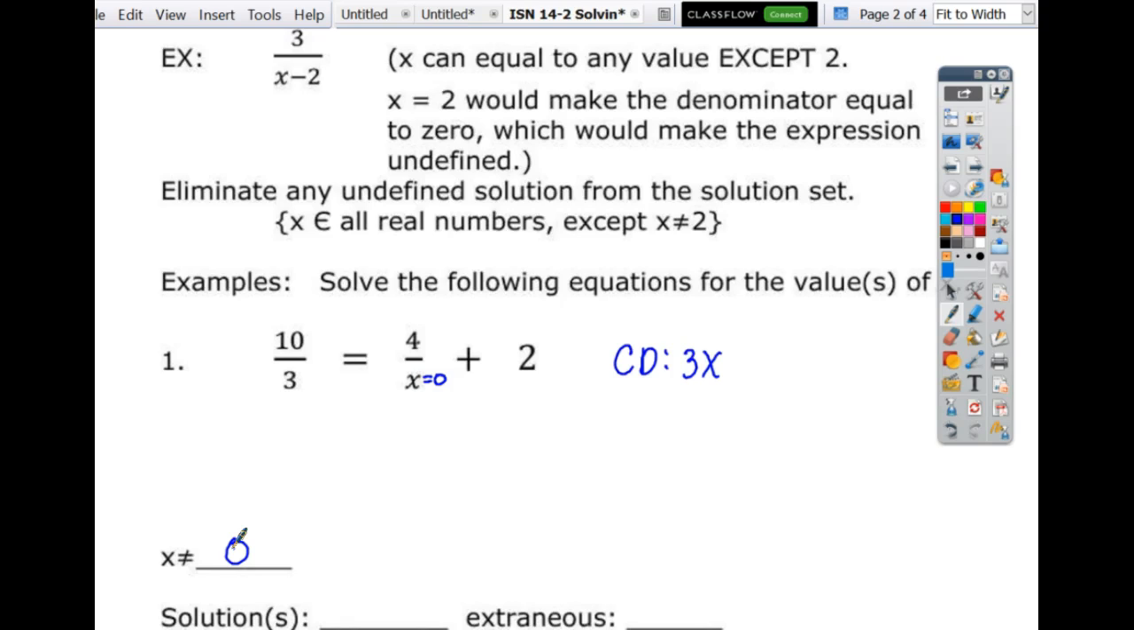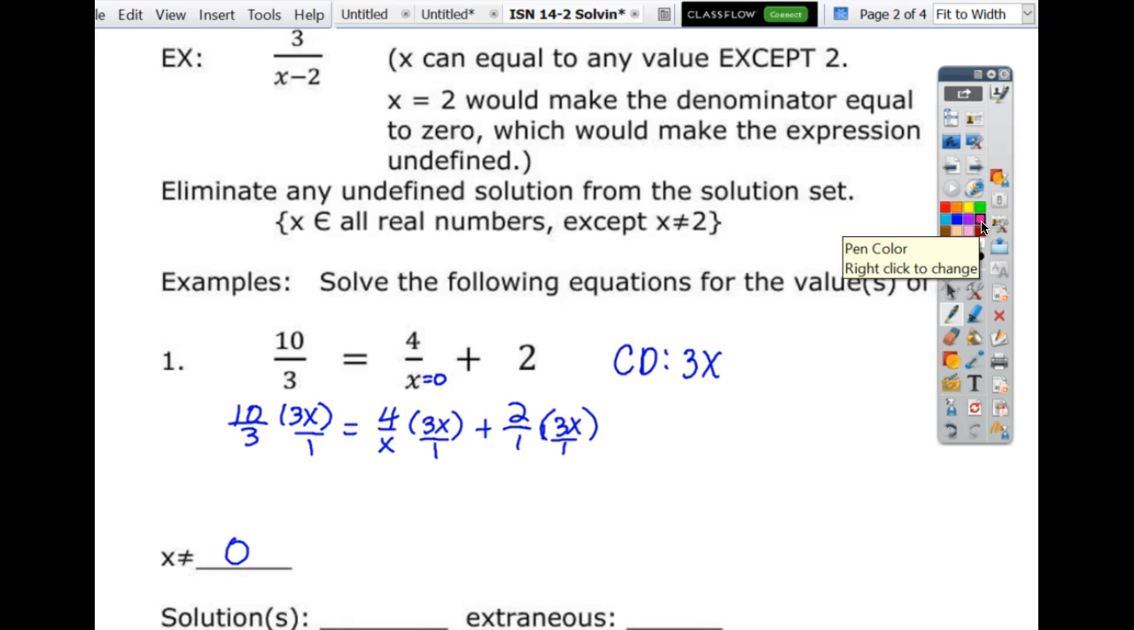So the next thing I'm going to do is multiply everything by my common denominator. So I'm going to multiply this times my common denominator, I'm going to multiply this times my common denominator, and I'm going to multiply this times my common denominator. So these all are like over 1. They're all on top. So when I do that,